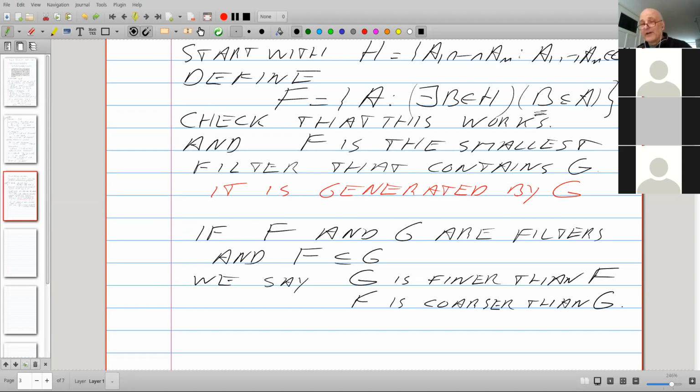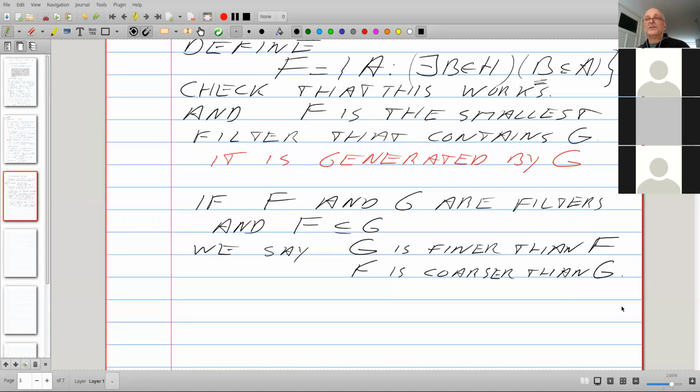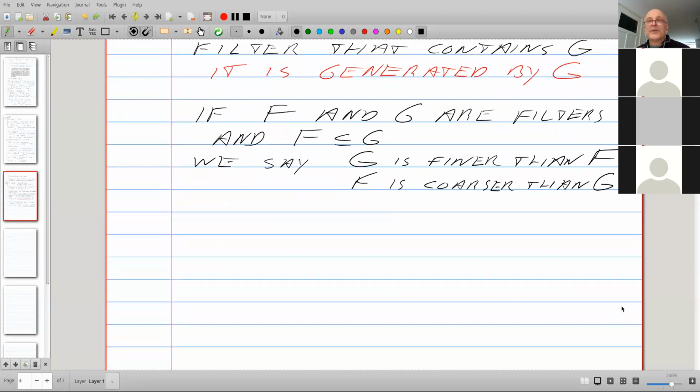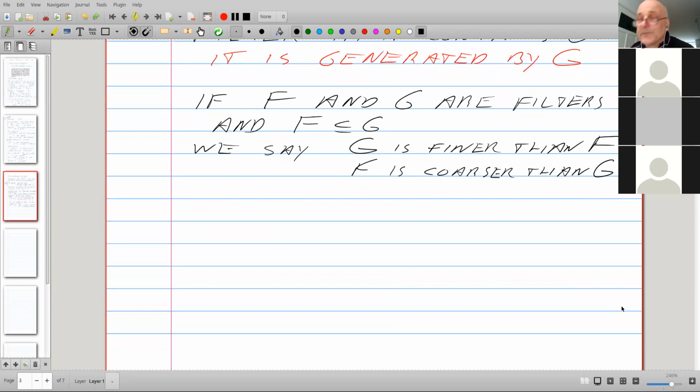Something happens, you have a filter, you have something else, and usually you say, oh, there is a finer filter that does this. And that is what you then try to prove. For example, convergence in topological spaces has lots to do with filters being finer than other filters. Just go back to your topology class if you have seen that. But there are two things about filters that are useful to know and to use in all kinds of circumstances.